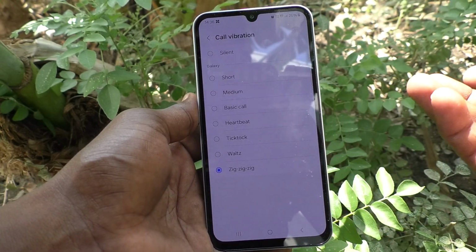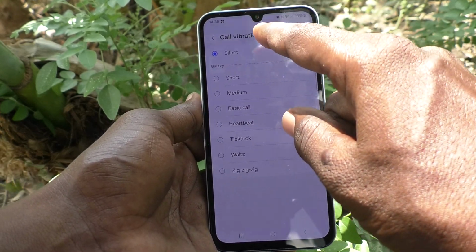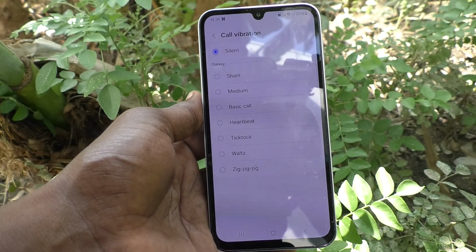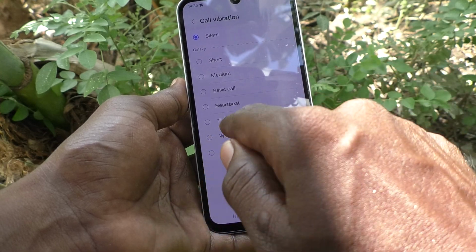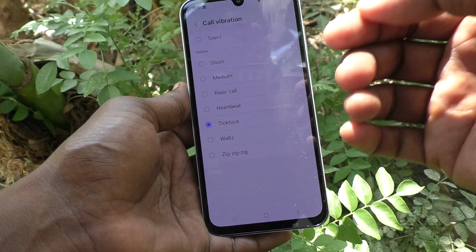Okay, if you don't want any call vibration, then you have to select the first option, silent. No call vibration will be occurring while receiving your incoming call. Okay, I would like to set finally tiktok, and this is the call vibration as of now for my phone